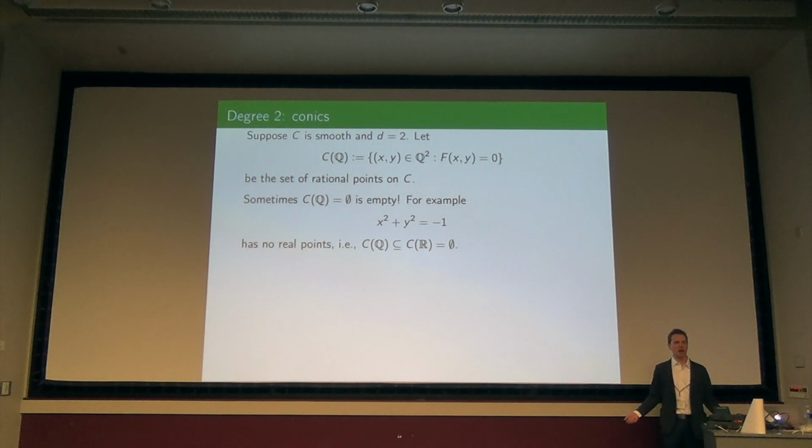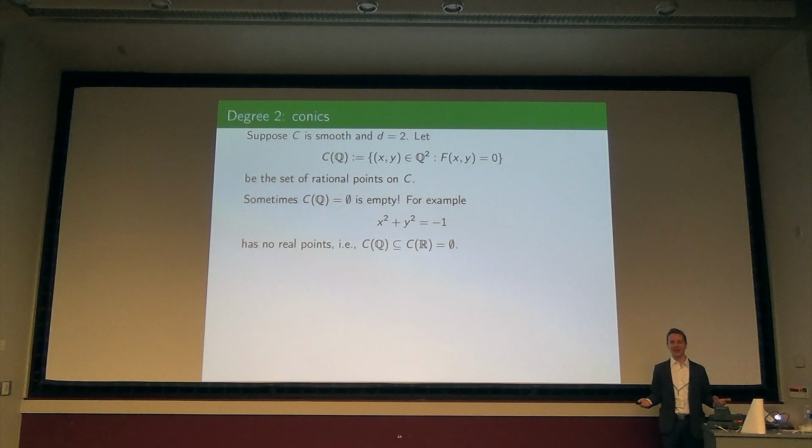It's like completing the square in x and y, and then seeing if the signs are negative in the quadratic form that appears there. That's sort of how you check that. Okay? So we should only be asking if they're rational solutions if they're real ones. Okay, what else could go wrong?